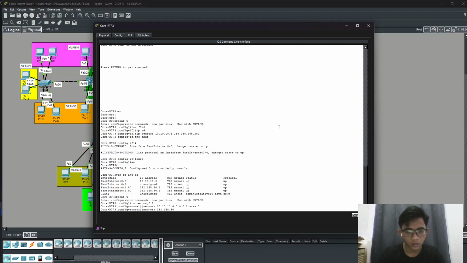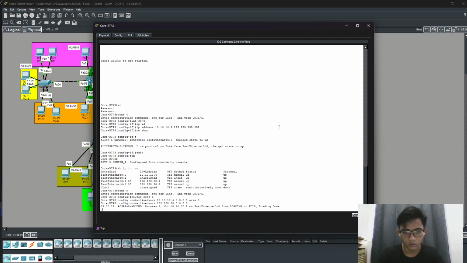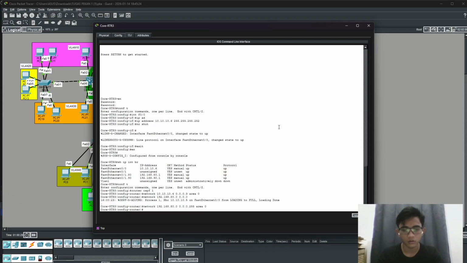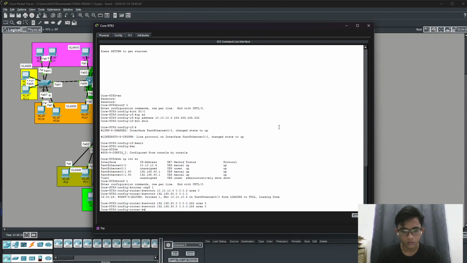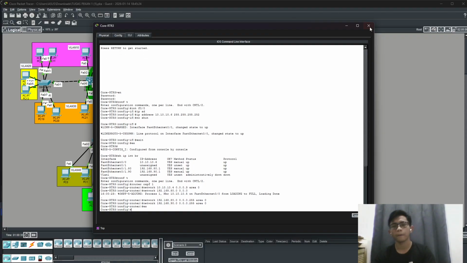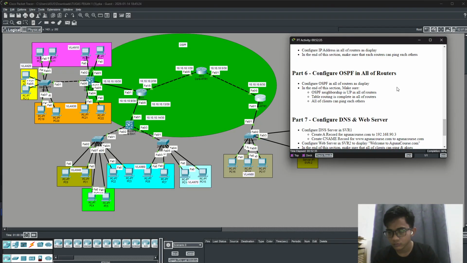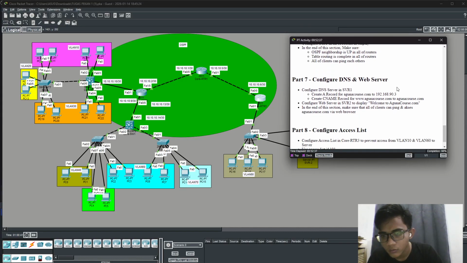So 80.0, wildcard is 0.0.0.255, area is 0. Okay, and for 90, I guess. Okay, finish. Okay, OSPF is finished.